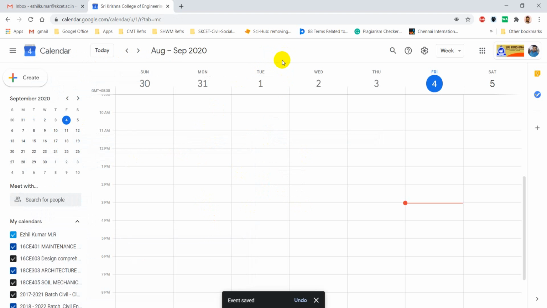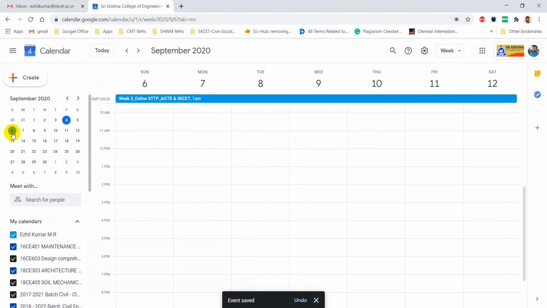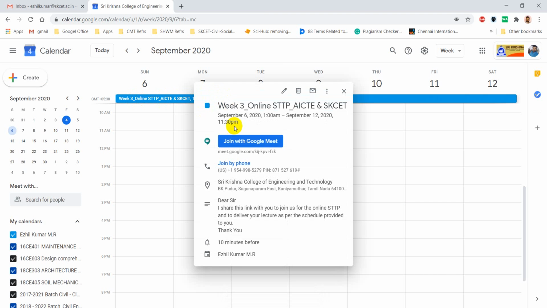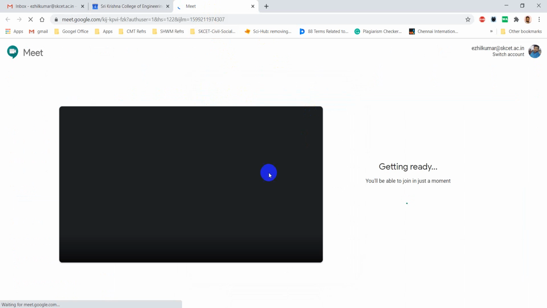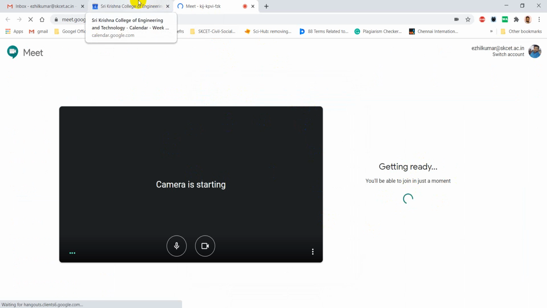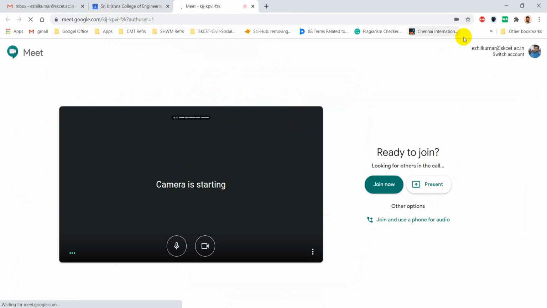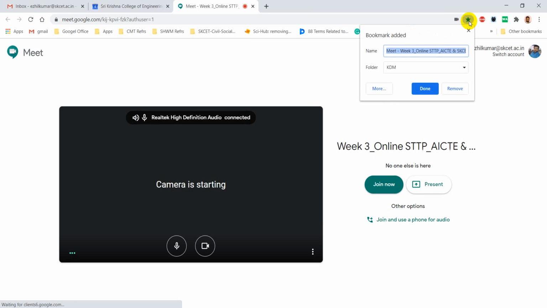So once it is saved, you can see the event is saved. So on the day 6, if you go, you can see it. Okay, when you click this, you get an option: join the Google Meet. So if you click this, you can see your Google Meet is getting ready. And you can do one more thing. Once this is ready, you can bookmark this.